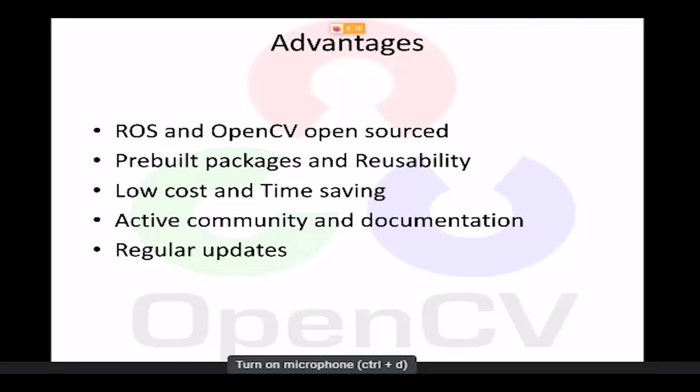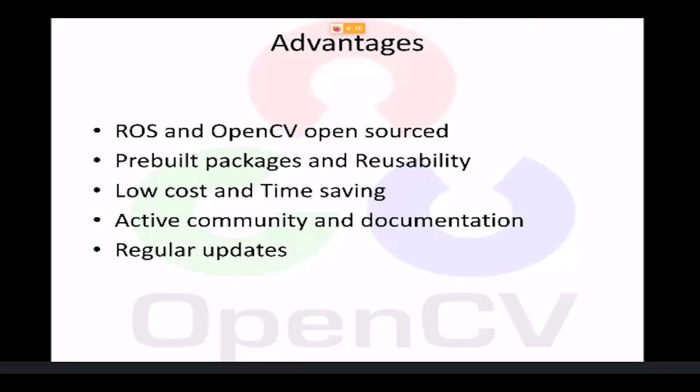So let's come to the advantages of our project. The first advantage on the software side is using ROS and OpenCV, which are both open source. This reduces the cost of investment in programming a robot. Next is the pre-built packages and usability of the code, because ROS and OpenCV are both compiled on C++ and Python packages, and ROS is a meta operating system.